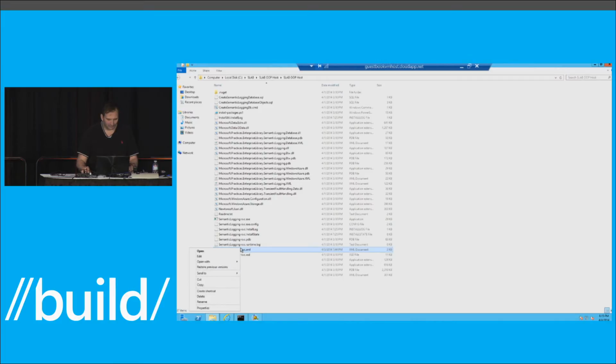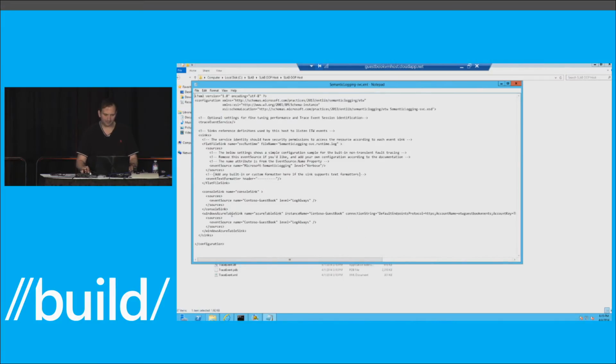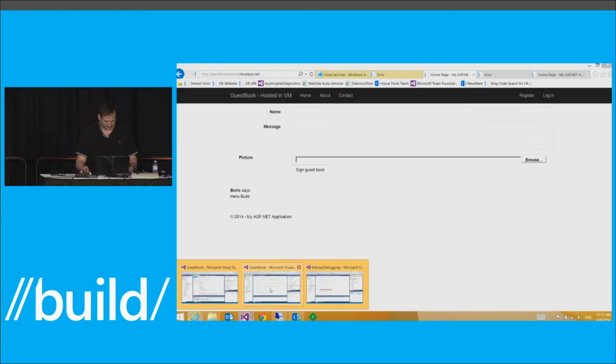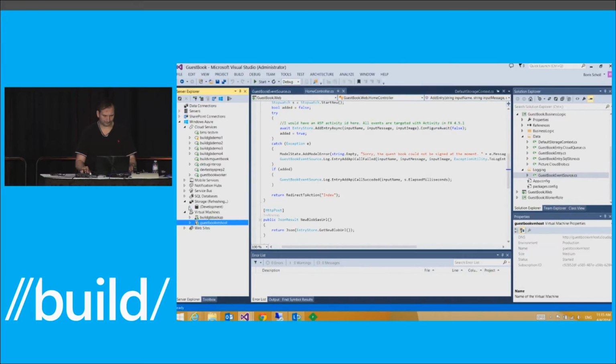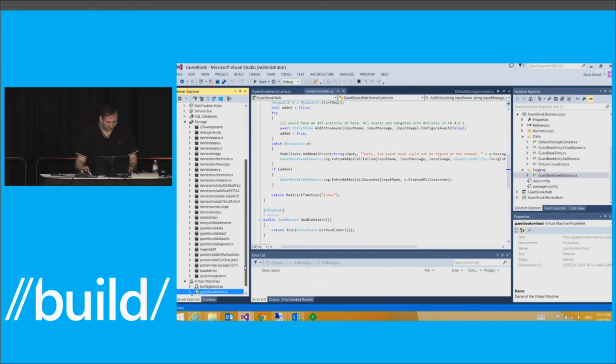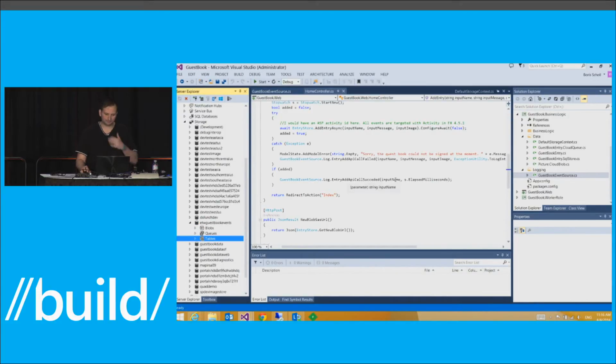If we go to the configuration, in here, what I've also done is, I say, okay, log it out to the console, but I'm also saying, please write it to Azure Table Storage, right? So if I'm now going to switch back to Visual Studio, into my project and go to my storage node, and once it expands, all right, as you can see, I have a lot of storage in here. Here I have a table which I called ETW guestbook events. If I drill into that table now, and I open it up in our storage tools,